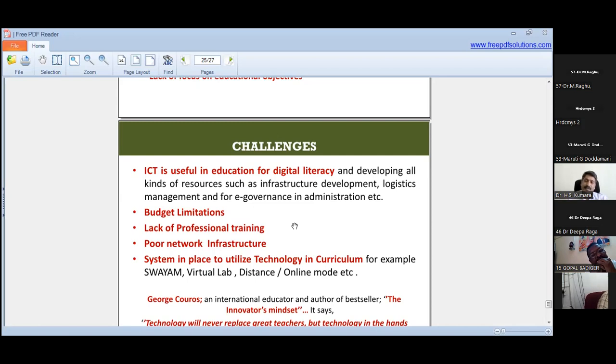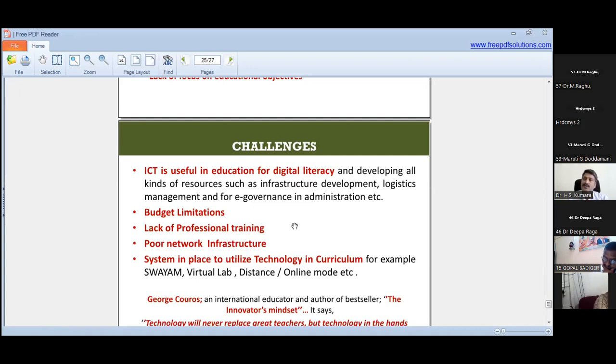Then there are the virtual labs, and each university is also awarded for distance and online education. In our university also we are offering online courses. There are so many courses, entirely online, including many undergraduate courses. A student will enroll for a particular course. We have the BCA, Bachelor of Computer Application, and also the MBA. So many courses are made available. There is a separate directorate in our university for these online courses.